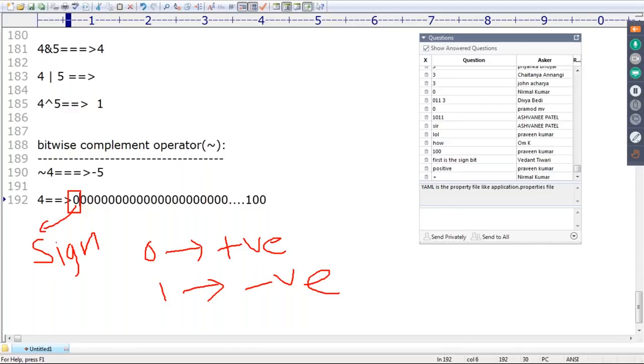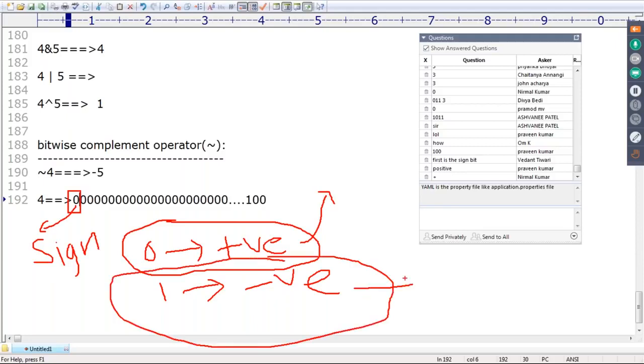But anyway, this level is not required. The people who are very much interested can be aware. Next, positive numbers will be represented directly in the memory, but negative numbers will be represented in 2's complement form. Remember this one, sir. Negative numbers will be represented in 2's complement form. These 2 points you should be aware of.